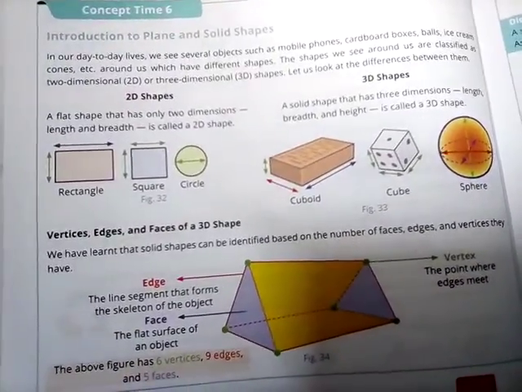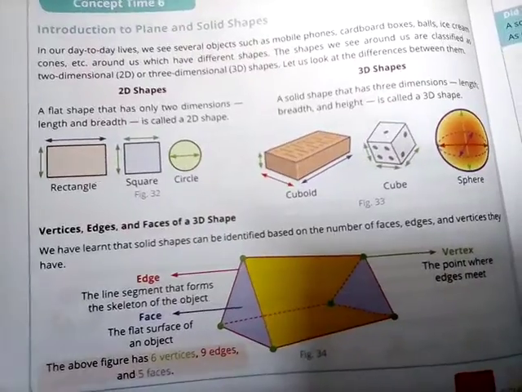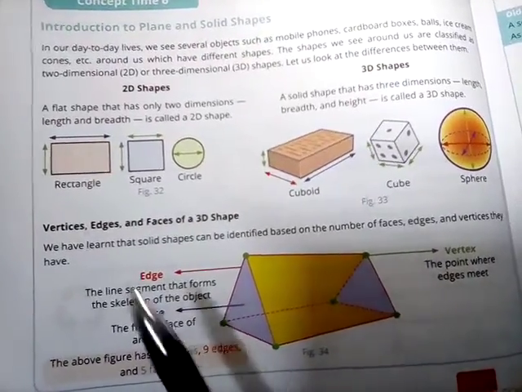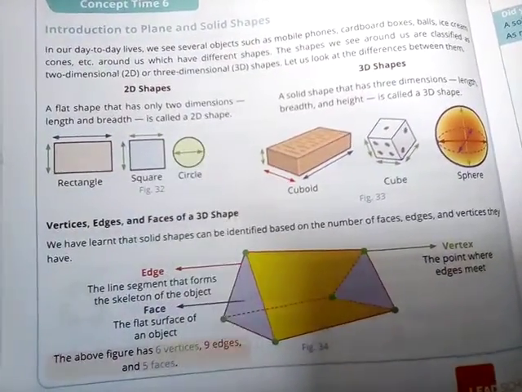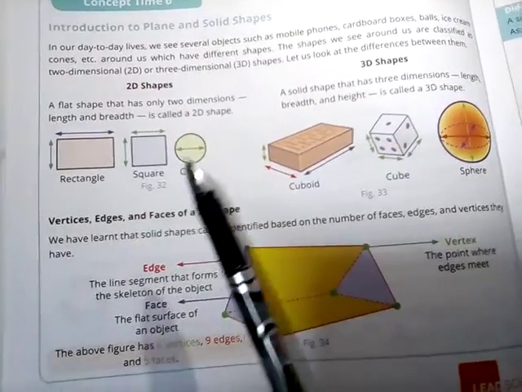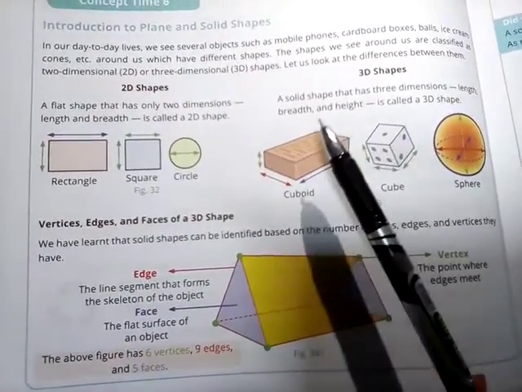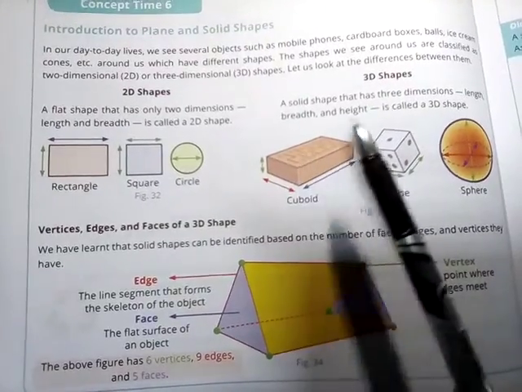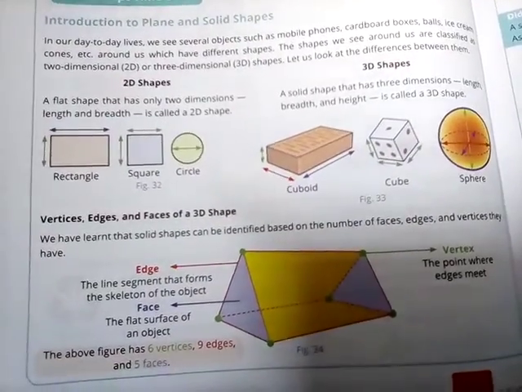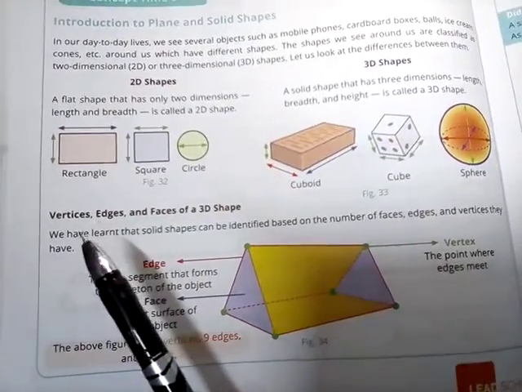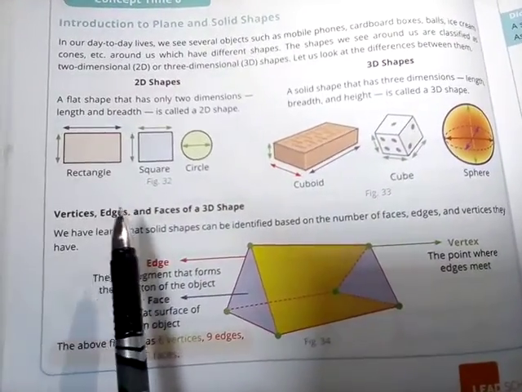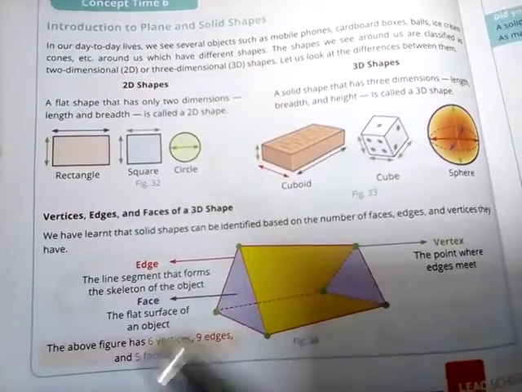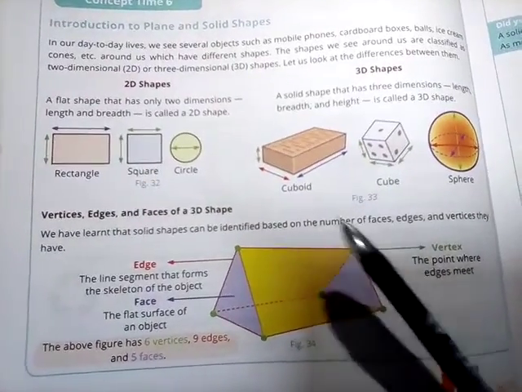A flat shape that has only two dimensions, length and breadth, is called a 2D shape, and a solid shape that has three dimensions, length, breadth and height, is called a 3D shape. Examples of 2D shapes are rectangle, square and circle, whereas examples of 3D shapes are cuboid,